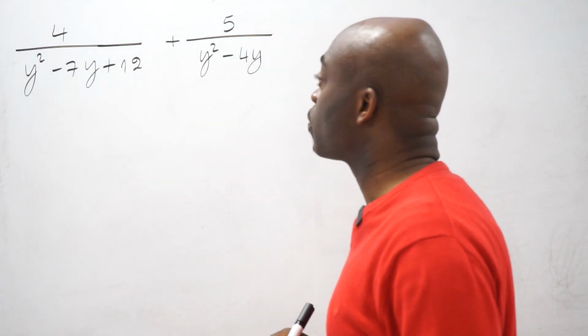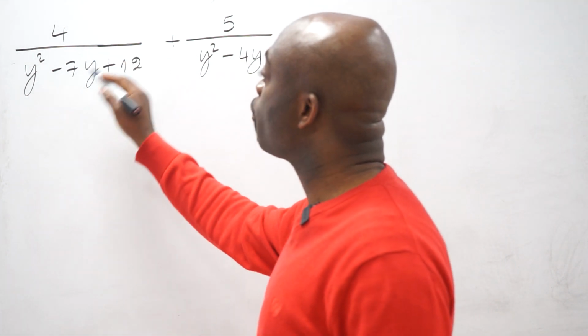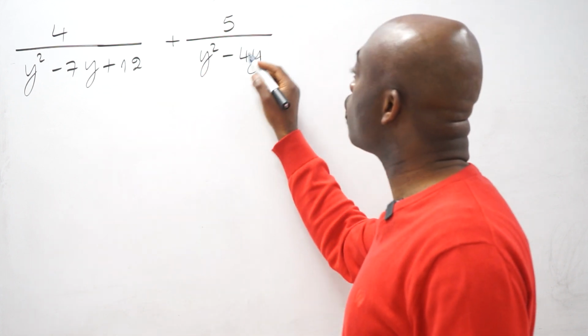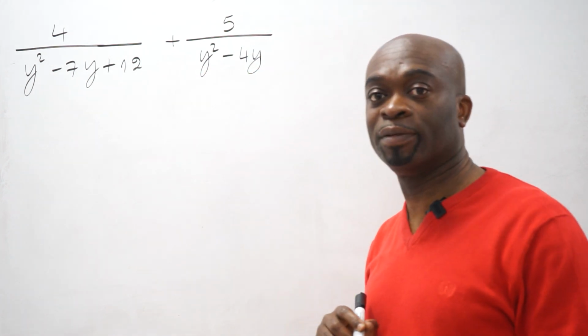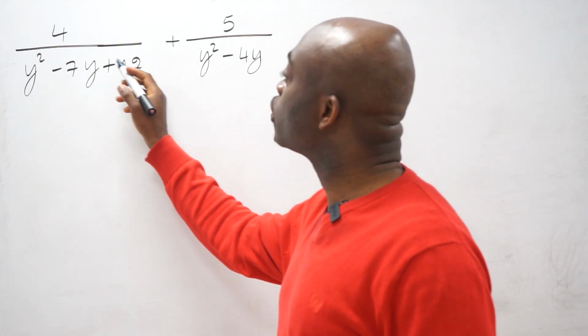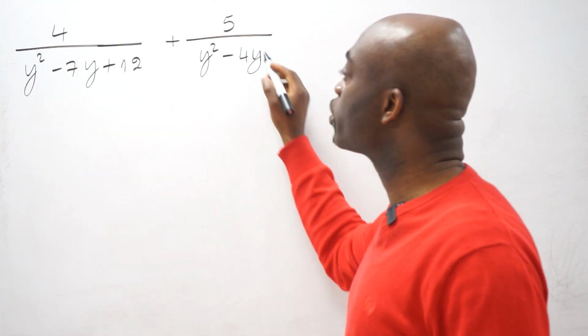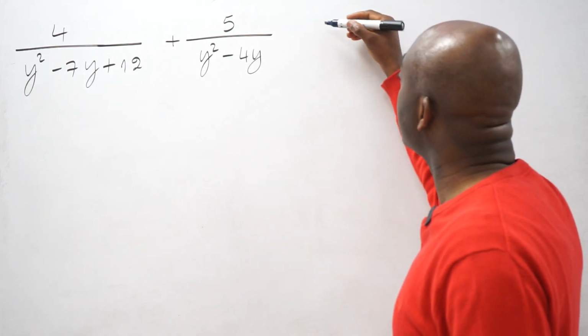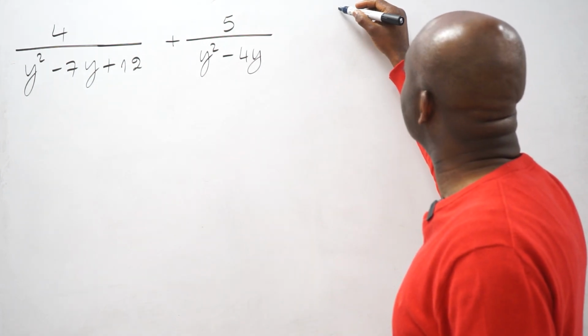We are adding two rational expressions here. So we have 4 over y squared minus 7y plus 12, plus 5 over y squared minus 4y. So what's really happening here? We want to find the lowest common denominator first, so we have to focus on the denominators first. Very important, right? So to get the lowest common denominator, LCD,